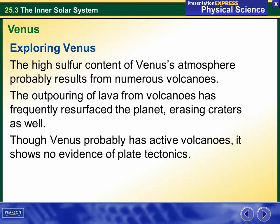And there is extremely high sulfur content in Venus's atmosphere because, again, it probably results from numerous volcanoes. The outpouring of lava from volcanoes has frequently resurfaced the planet, erasing craters as well. So Venus is kind of the opposite of Mercury and the Moon. They have a lot of activity going on there, so their surface is going to be constantly